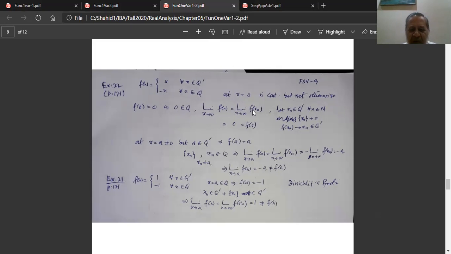Now whatever sequence I consider that converges to 0, whether of rationals or irrationals, it converges to 0 only. So the value of the function and the limit of the function are the same, so the function is continuous at x equal to 0. But if we consider continuity at a point which is not 0, which is some number a,